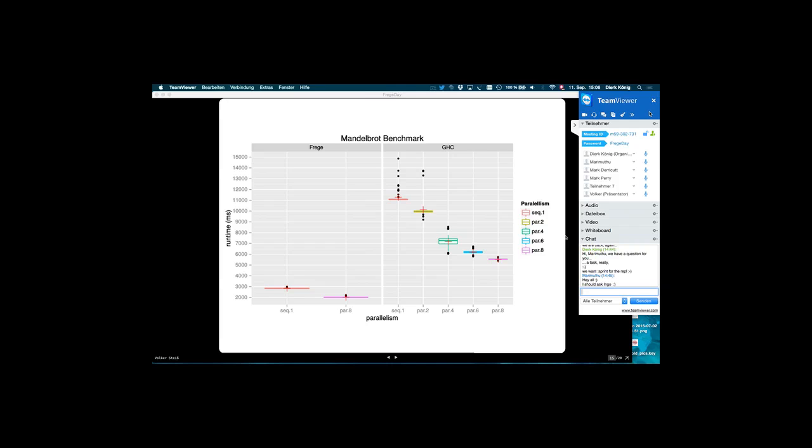Yeah, and the other one as well, the other way around. The typical misinterpretation would be, if I'm allowed to say this, that you have one data point and you extrapolate that: all my Frege programs will be a factor 3 faster than the Haskell programs. But as we showed before, with the Sudoku.